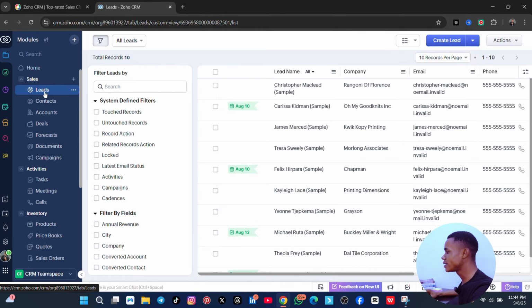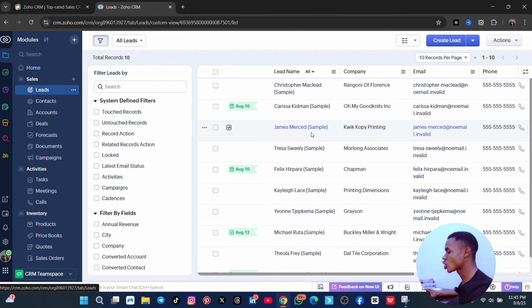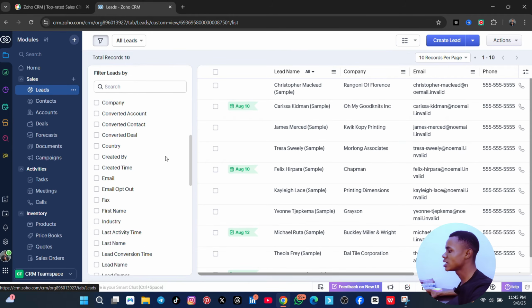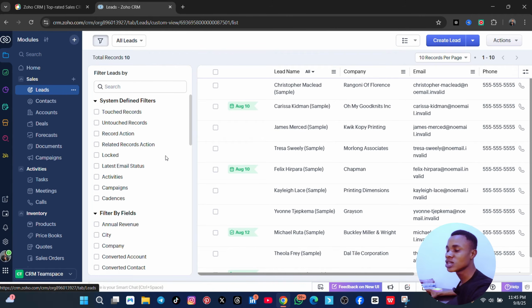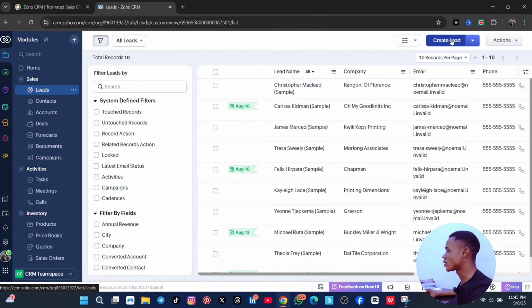Now look, under leads, we have a lot of leads. All these are fictional leads. None of them is real, they just come with Zoho. So as you are seeing them like this, if you have a new client, or maybe as a virtual assistant you are managing leads for clients, you need to add some leads. Once you have the customer, you come to create leads,